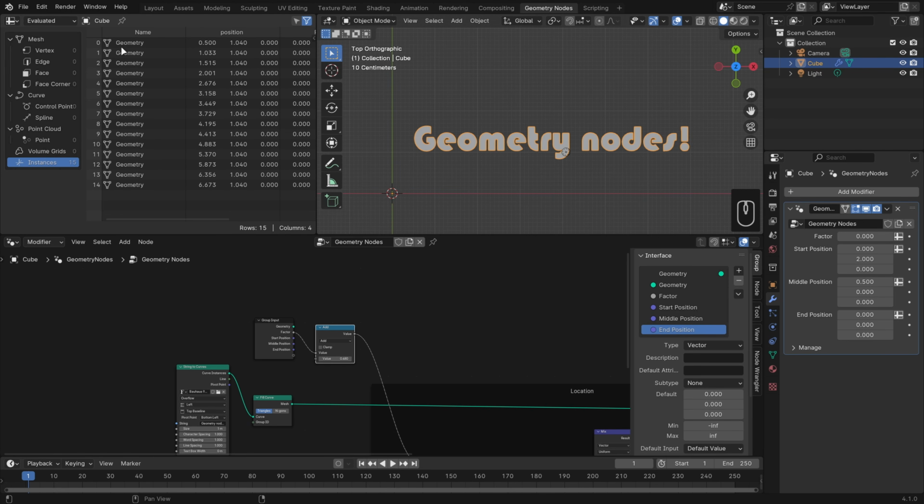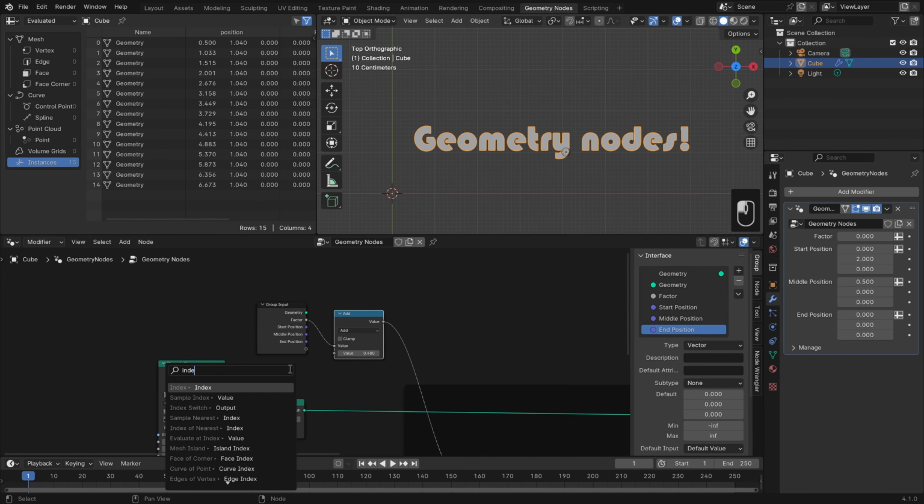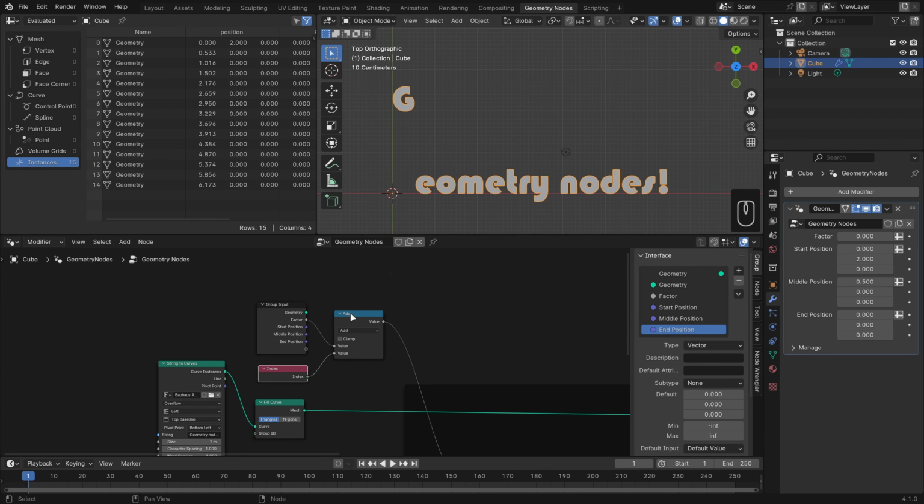We have 15 instances, and they're ordered from 0 to 14. And we can use this index to add to the factor. So I'll just drag out from the second value for the add node and type in index. The first instance is going to stay where it was because it has an index of 0, so nothing gets